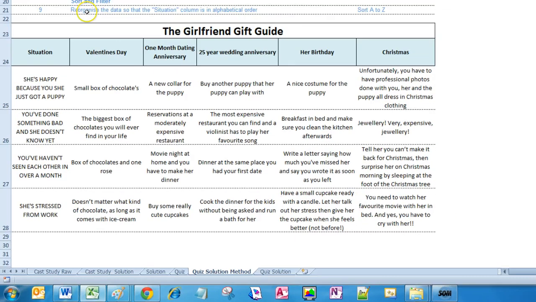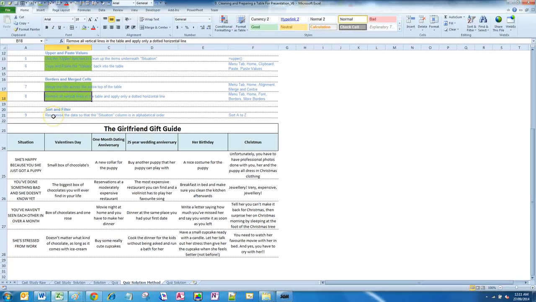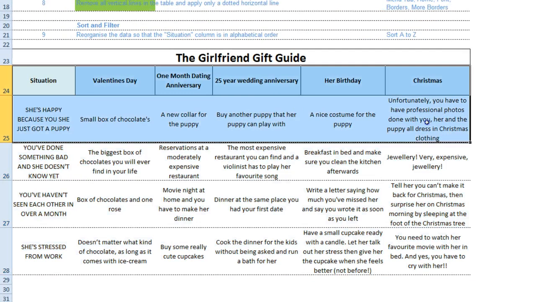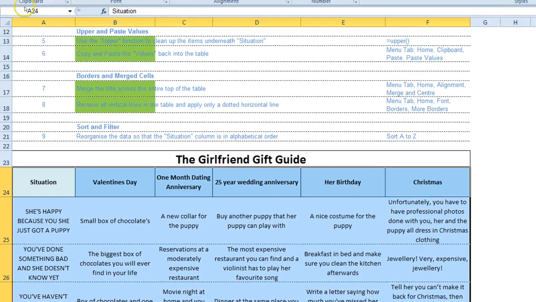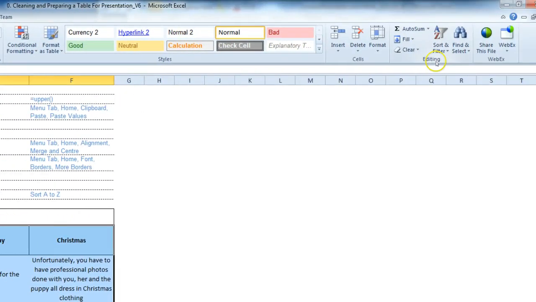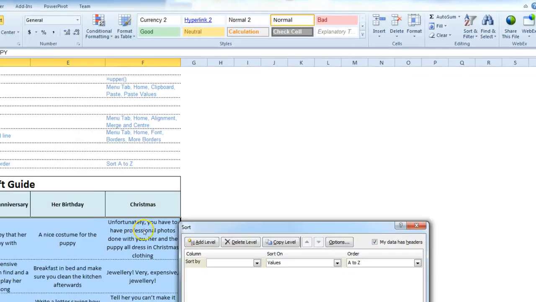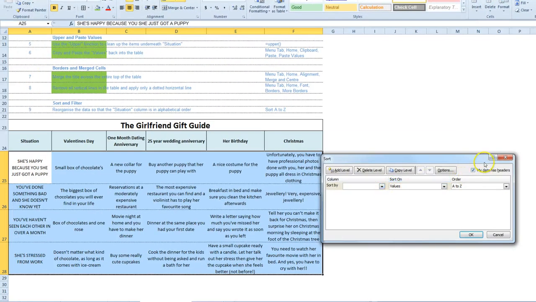And lastly, we're going to reorganize the data so that the situation column over here is in alphabetical order. So let's use the custom sort function. Let's go and select the data. Oops, we need the headings. We want to go Home, Editing, Sort and Filter, and Custom Sort. Now we want to make sure. Now, one thing to mention,